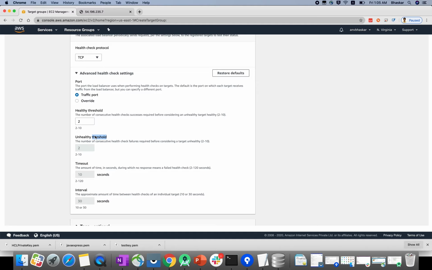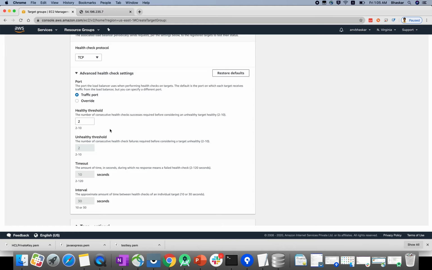Unhealthy also the same thing. Timeout also we have 10 to 30 seconds. In this time it will check 2 times. Where the service is really down, 2 times it will check, then it will be confirmed this instance is not available. Here you can provide how many times you want to check your EC2 instances.